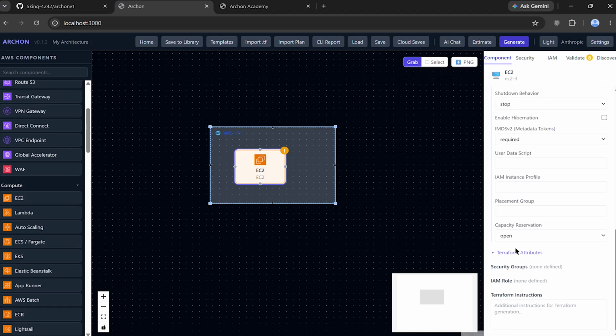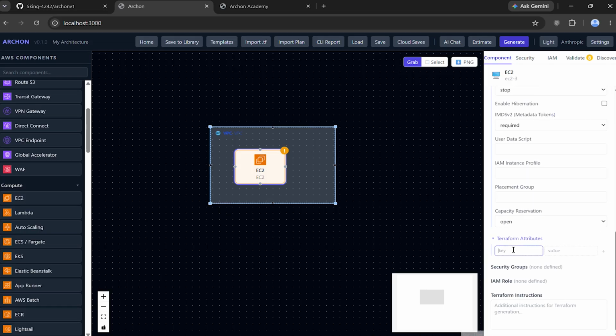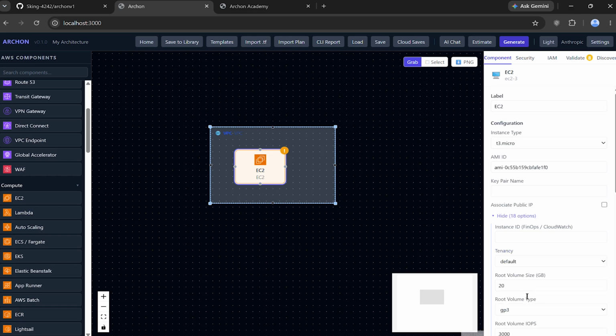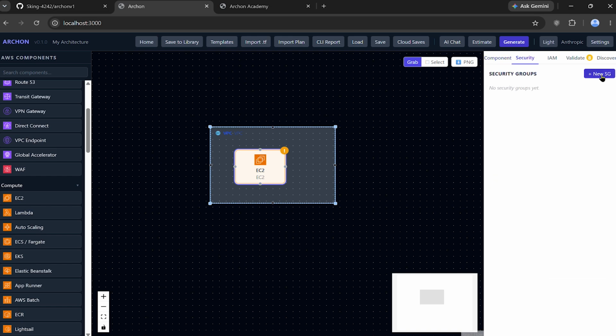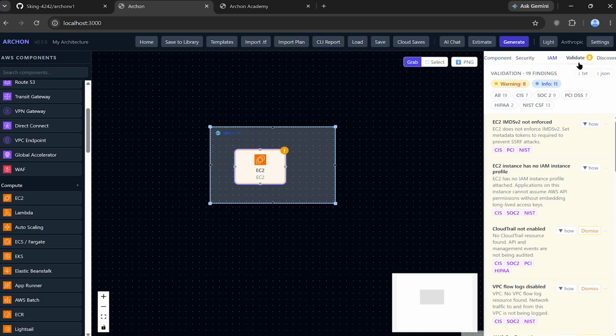If you want to add any Terraform attributes specifically, you can throw those in. You can add instructions into it. You have security groups, so you can create IAM roles. This is the validation portion of it that validates against, for example, your CIS, your SOC 2 compliance, PCI, your NIST, HIPAA, that type of thing.